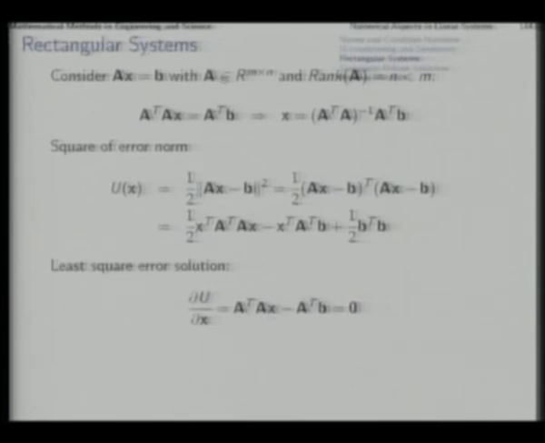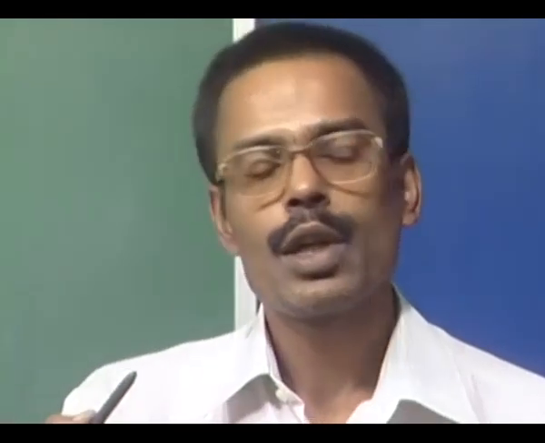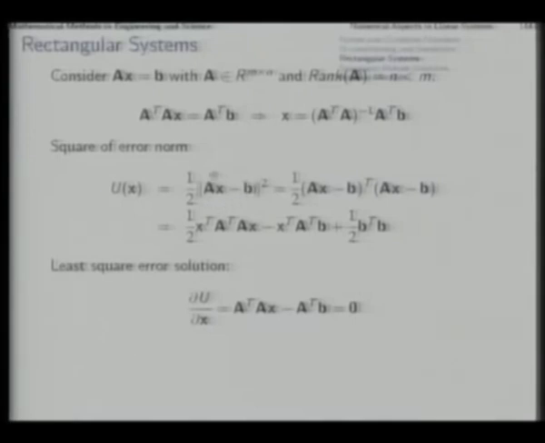That means, through this small trick of pre-multiplying the equation system with A transpose on both sides, what we have done is that we have filtered out a solution which minimizes the error square. This is why the resulting solution x is called the least square solution,